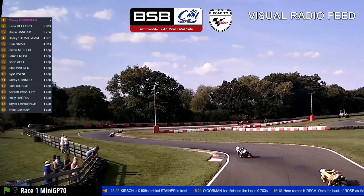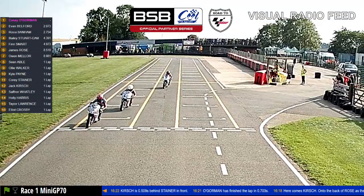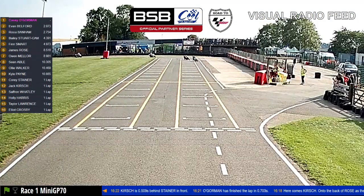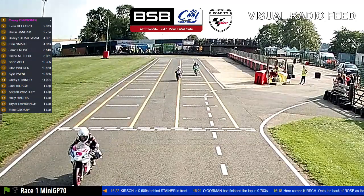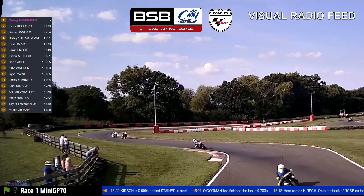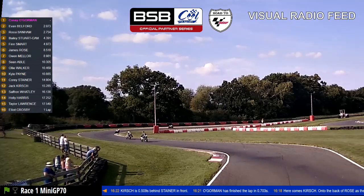He's a man on a mission. The Irishman looking so good out front. Second place is Evan Belford. Rossi Banham third. A bit more of a battle for fourth though. Finn Smart has not allowed Bailey Stewart Campbell to break free just yet. Keeping tabs in that battle for 4th and 5th, James Rose, the person who overtook Owen Mellor on the last lap,